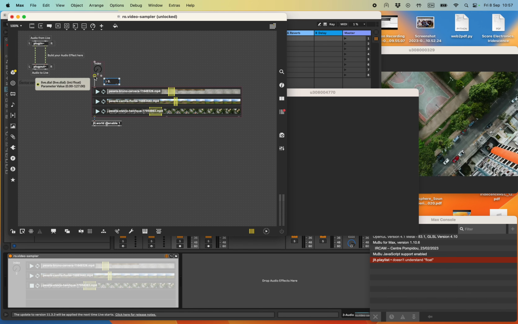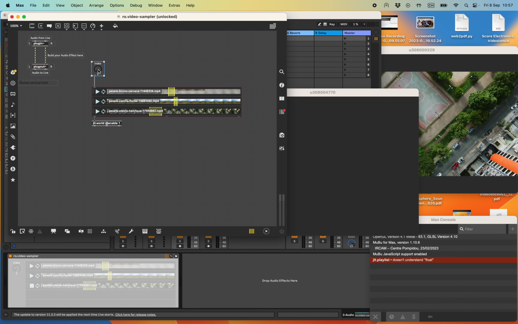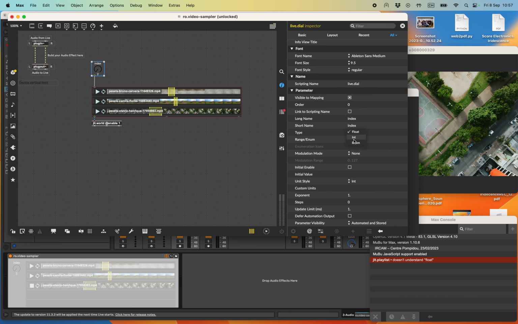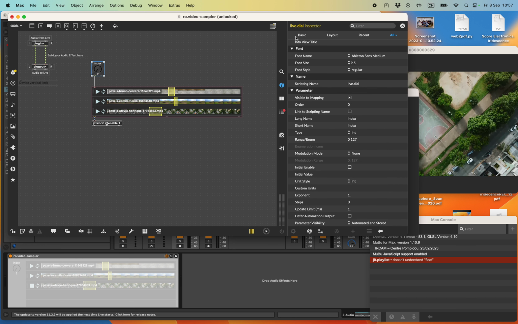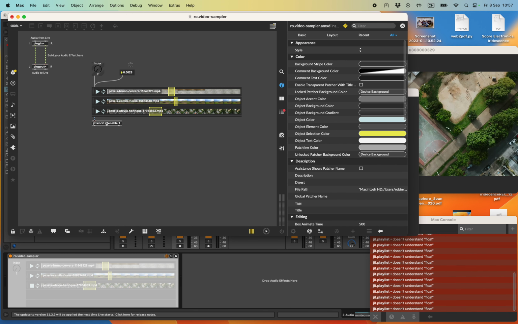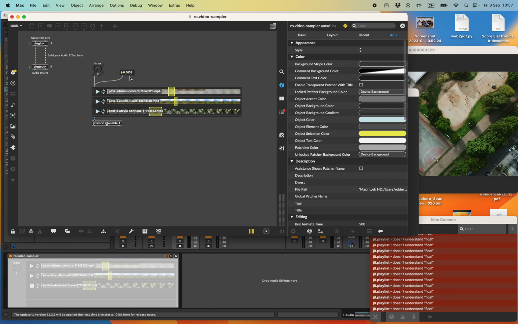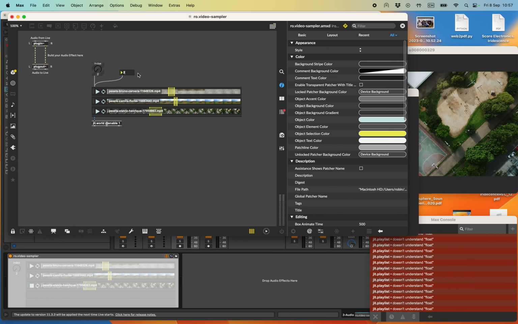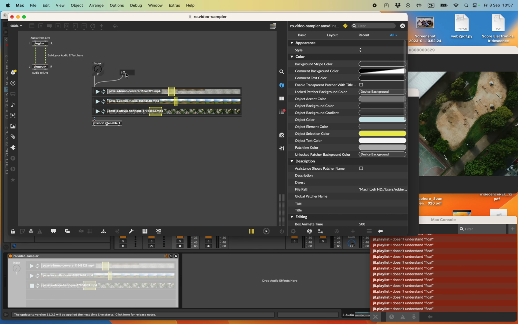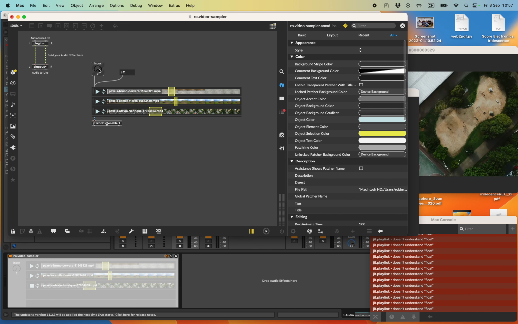I think the problem here is that it outputs a float instead of an int. Type float, yes. So we want this as an int, because if we send floats in here, it doesn't understand floats. Even if that float is an integer number, for the computer it's still a float. Whereas now